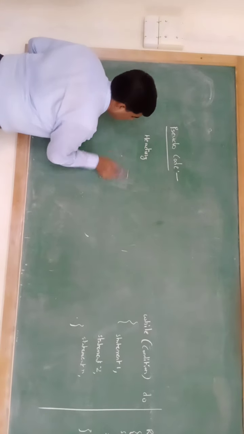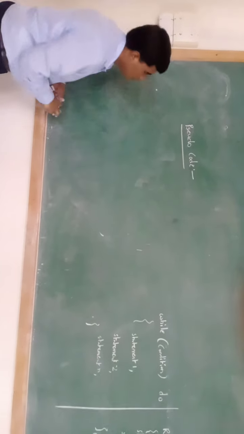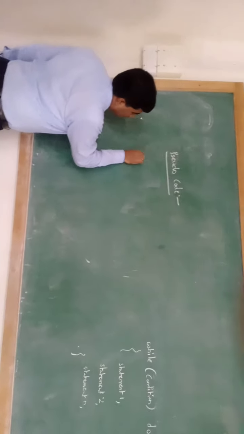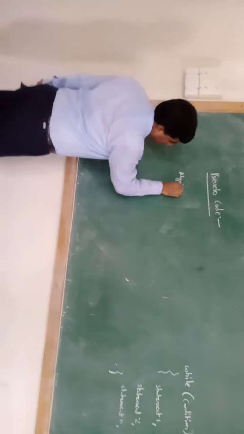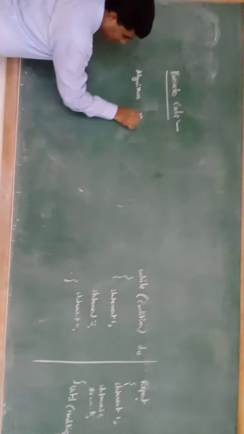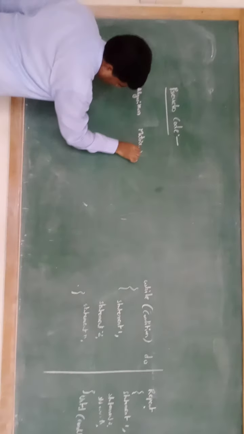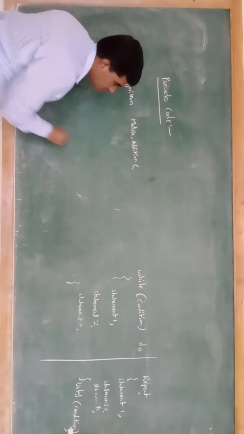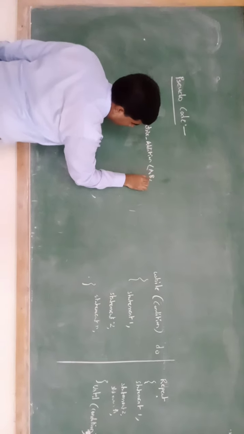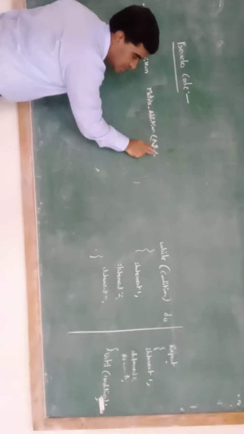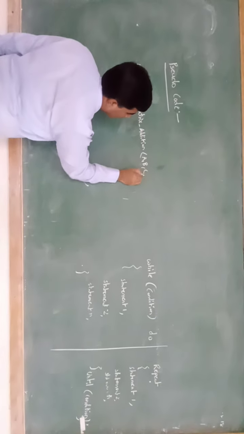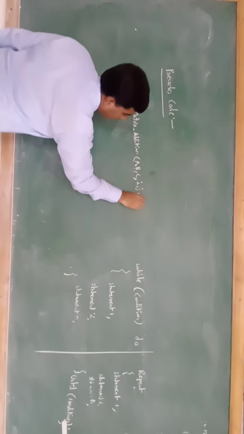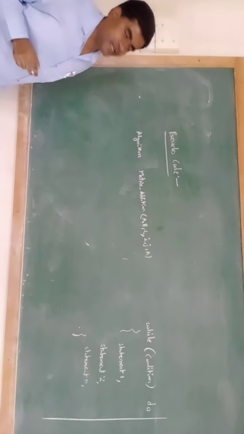So we will write some examples. First, write the algorithm for matrix addition. First one is Algorithm. The name of the procedure is matrix addition, and the parameter list is A, B, C. A and B are input matrices, C is the output matrix, I represents the rows and J represents the columns, and n represents how many rows and columns there are.